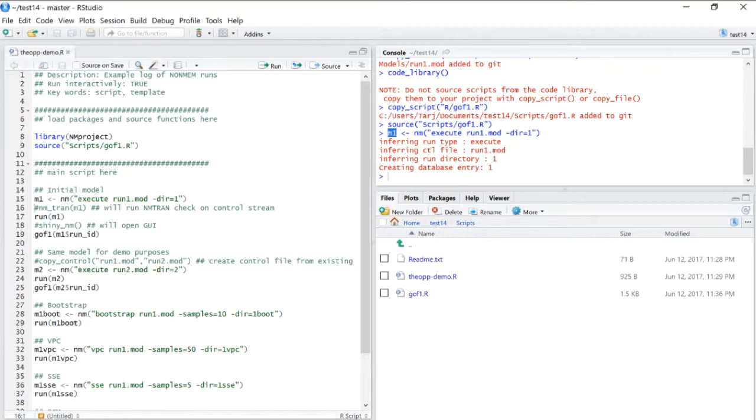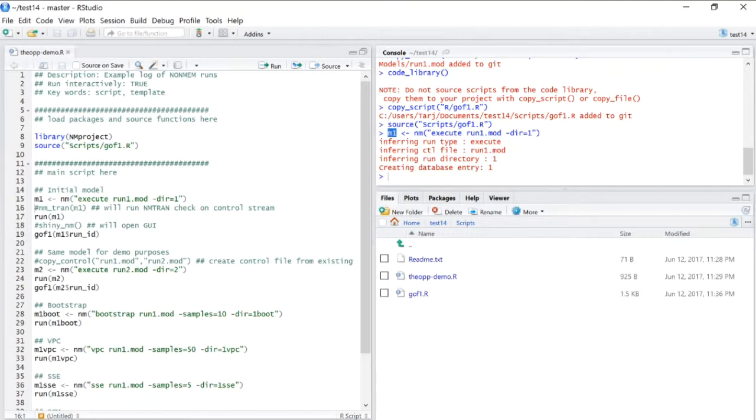And it contains information that it is extracted from the command that you've written, but also from the control file that you've specified as well. So it is inferred that this is a run type of execute. It's inferred that this is your control file, and it's inferred that this is your directory that it's going to be running in. It has also